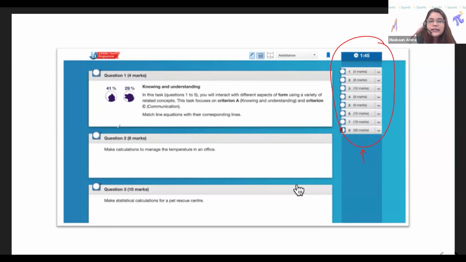Okay. So basically, this is where you can check the total number of questions and the marks against each question. Now the screen that you have right now shows question 1. Is this the only part of the question? What do I do to check if this is the complete question 1? You click on it. Exactly. You click on it and then it shows all the different parts, right?